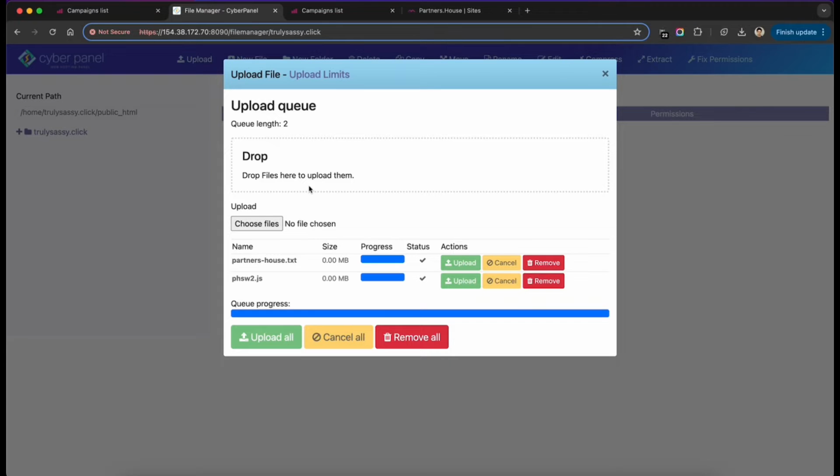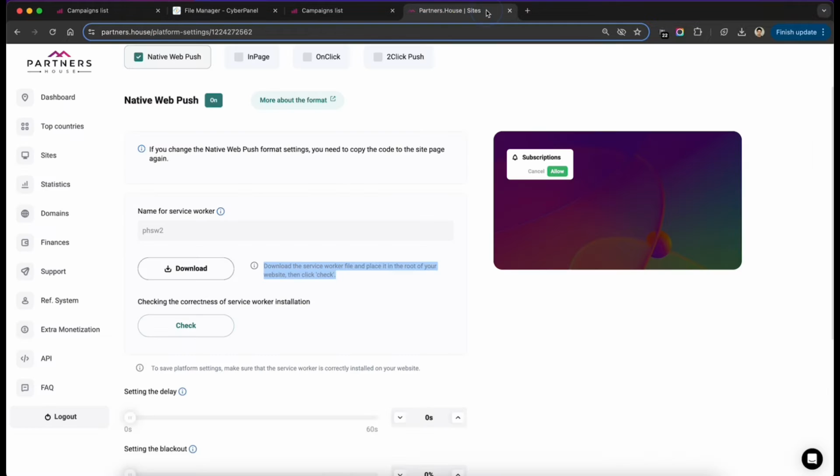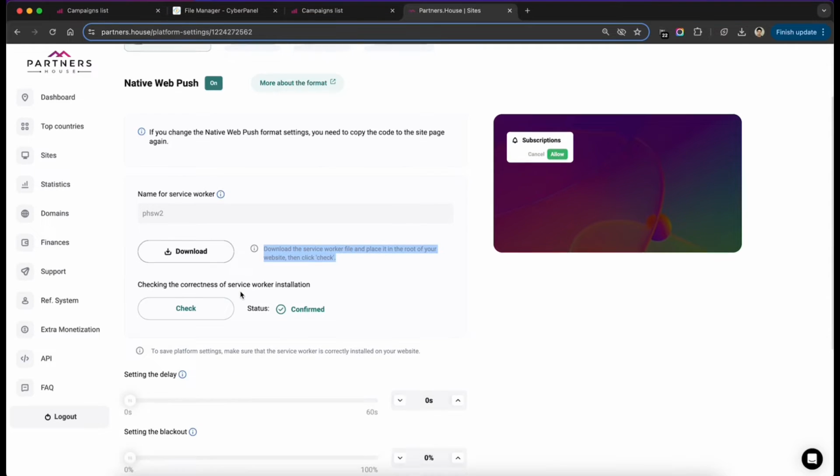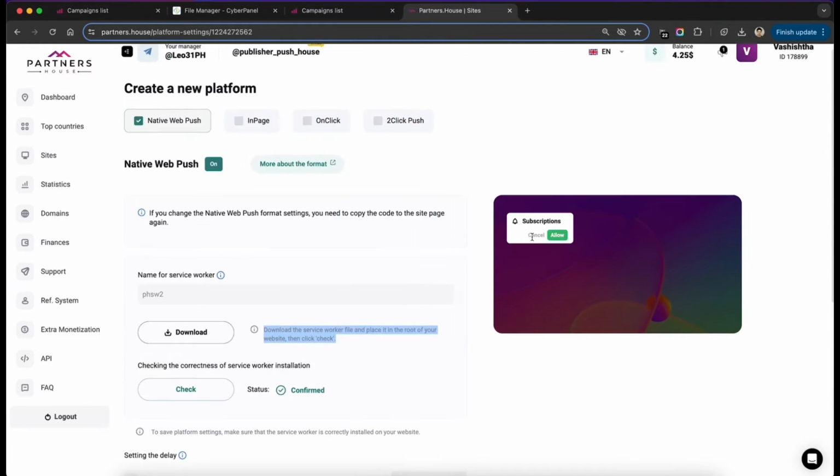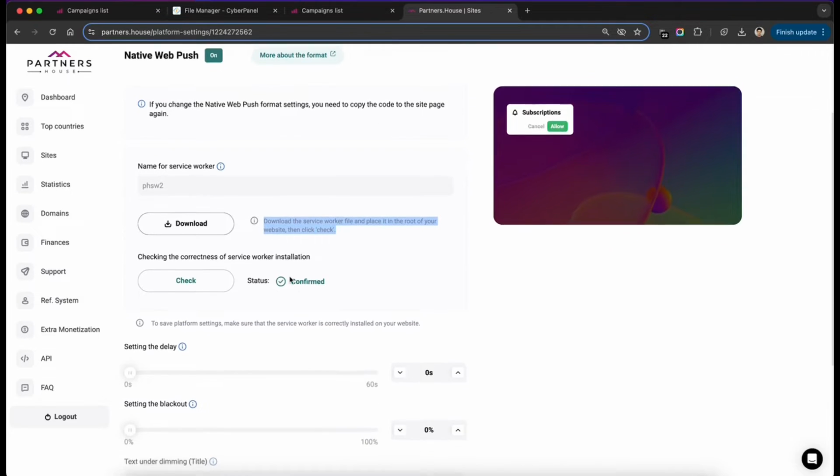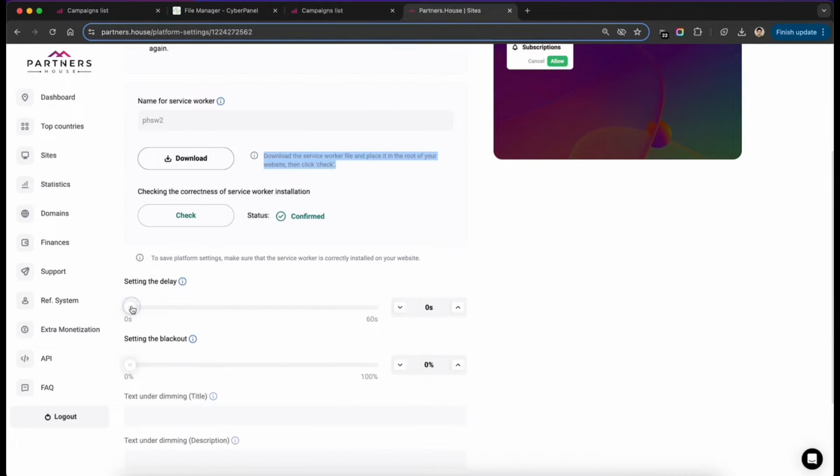When I click upload, it takes no time to upload, and then I can click on check and it will be confirmed. Right now my native web push is on, so I can monetize my website or my landing page with